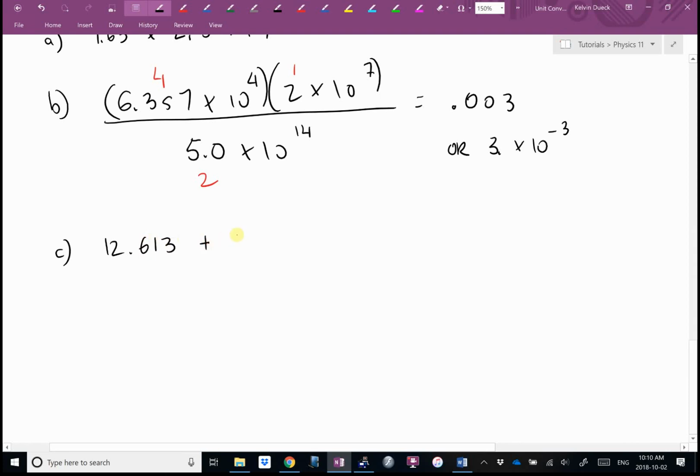12.613 plus 4.27198 minus 4.6. Now, initially in the lesson,